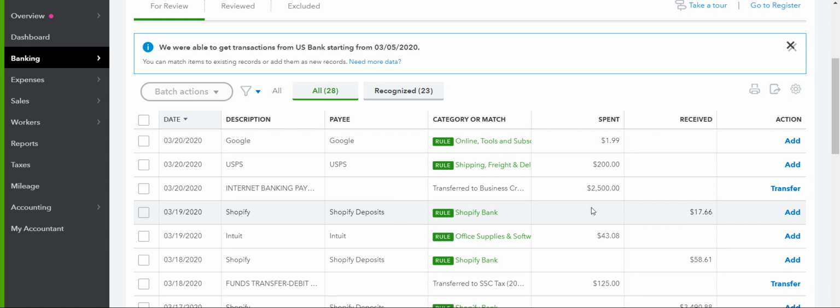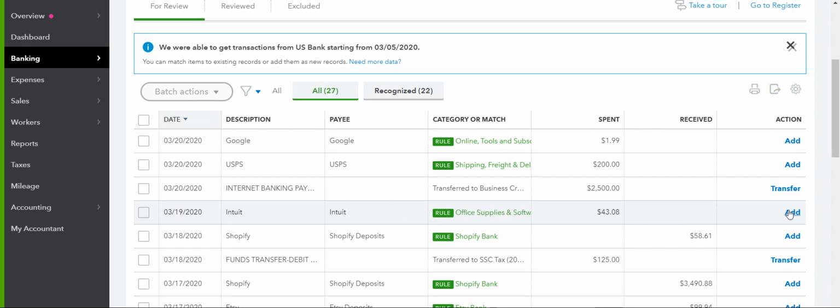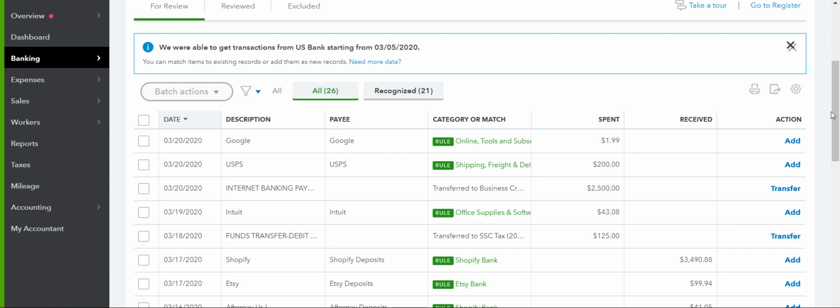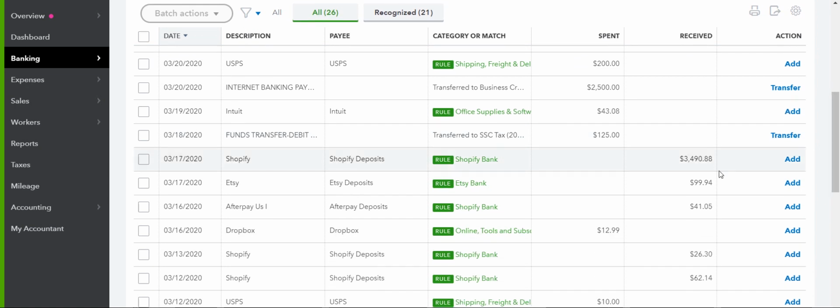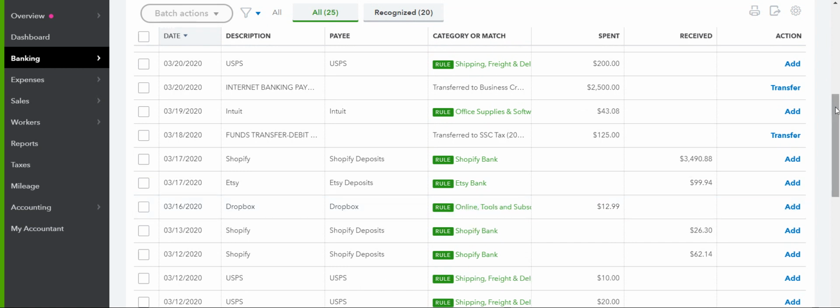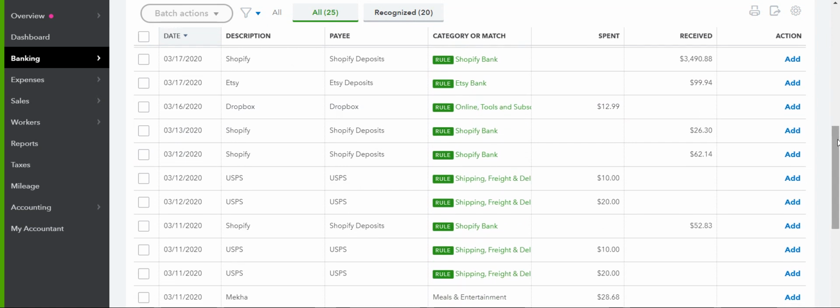Continuing on, Shopify deposits go to Shopify Bank. Shopify deposits go to Shopify Bank. And on and on and on down the line. Afterpay, Shopify Bank. If you have Stripe through Shopify, and once again, if you're using Afterpay or you're using Stripe,